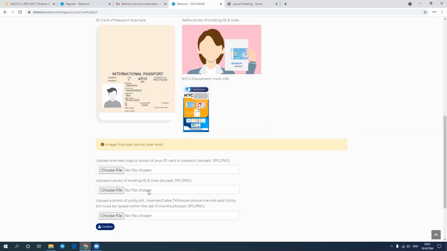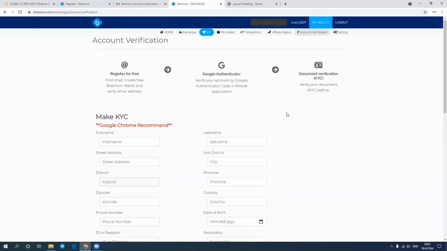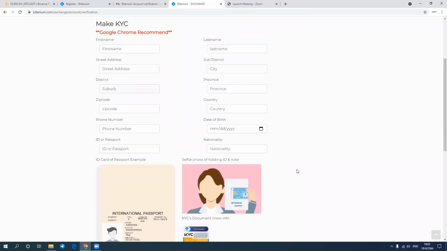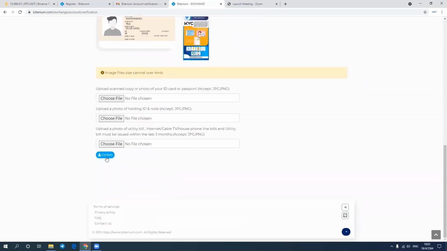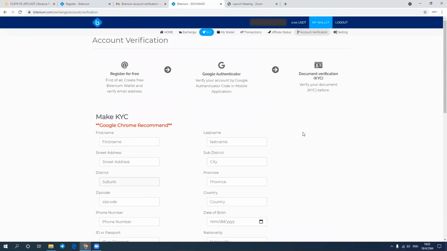Second is a clear, full-face picture holding your ID, with Bitinium written with your signature and date. Third is your utility bill, no older than 2 months. Then you can submit. Once you submit and confirm, we get a notification and approve it. Then you can start depositing your funds.